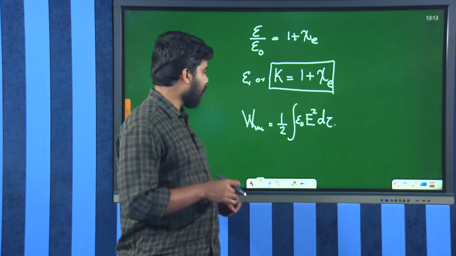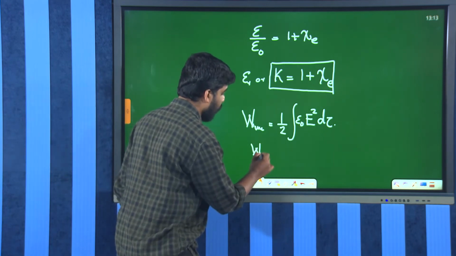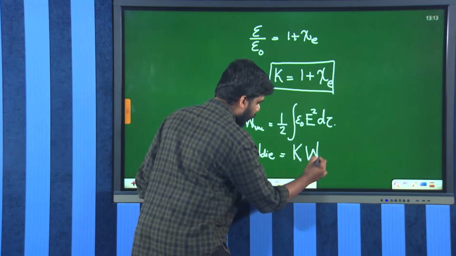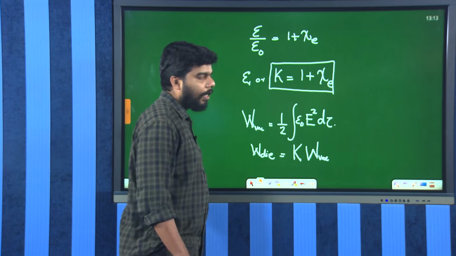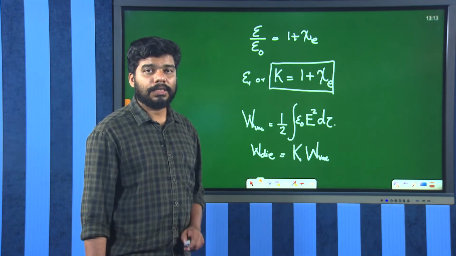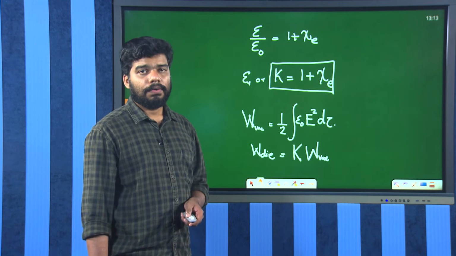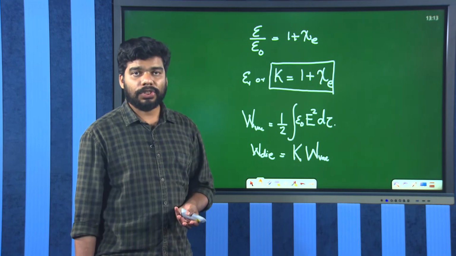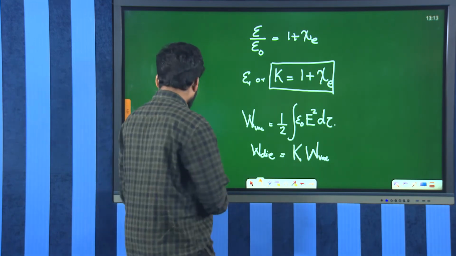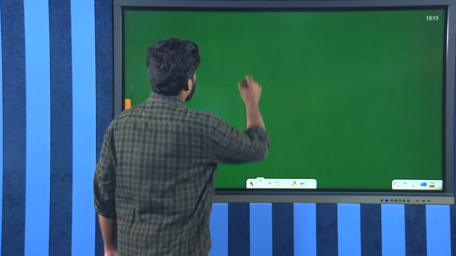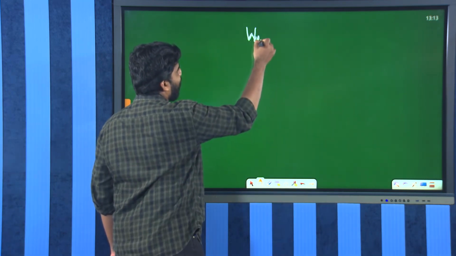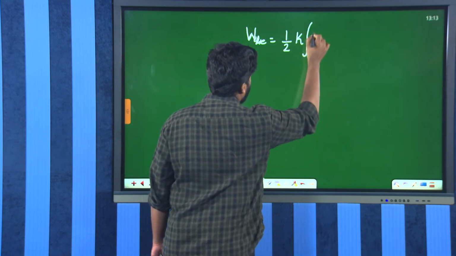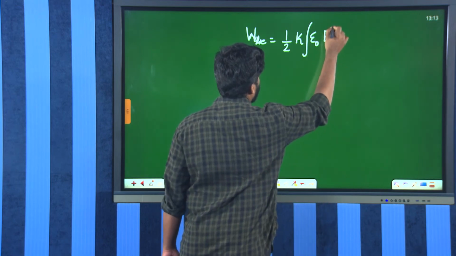So, if it is the absolute permittivity, I can write W of dielectric is K times W of vacuum. So, what is this W of dielectric? What is the W? W is the work done or the energy of that dielectric system. So, on replacing the equation, W of dielectric is equal to half into K times integral epsilon 0 E square